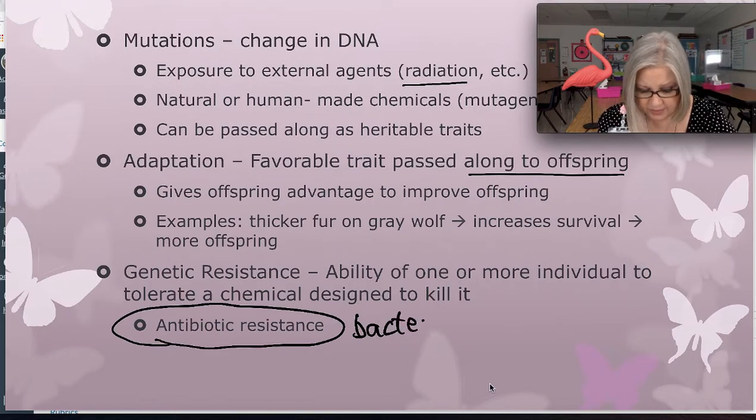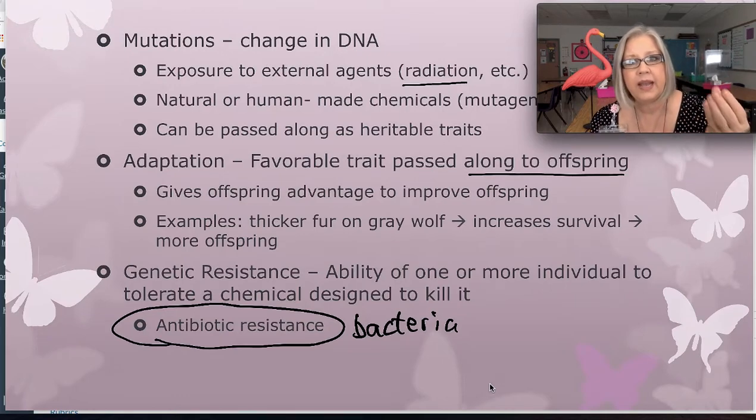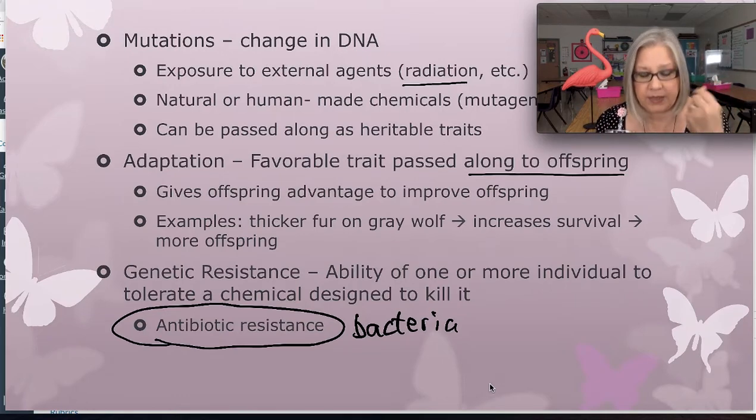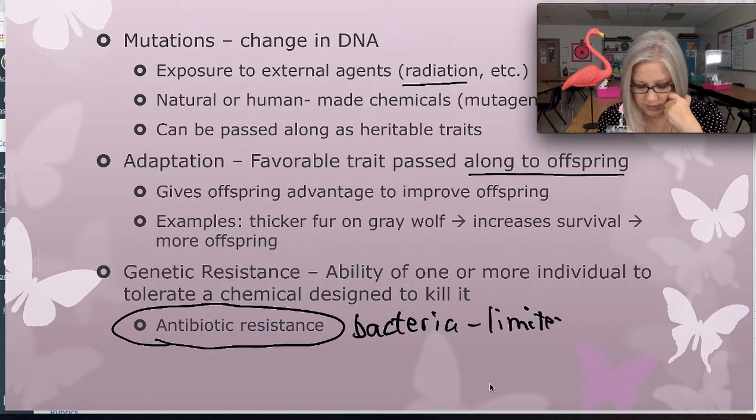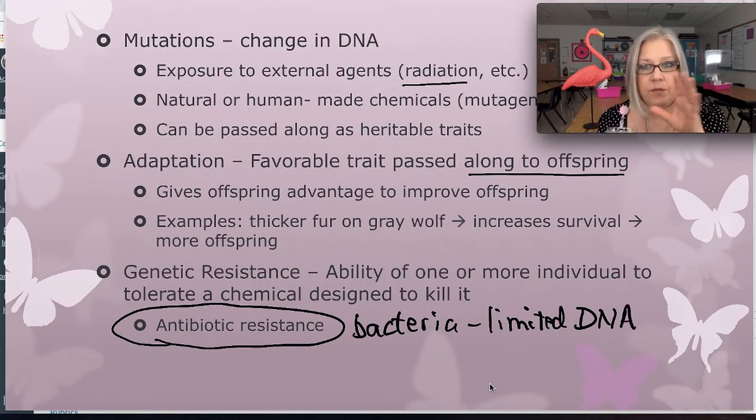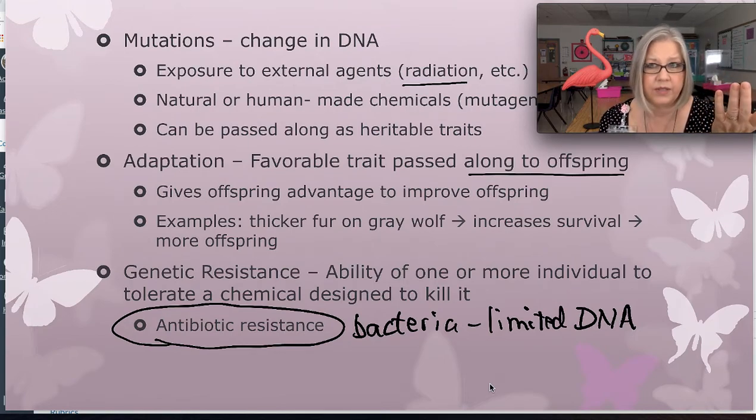So the bacteria are tiny, right? And their genetic material is very, very limited. So they have limited DNA. And what this means is that they can mutate at a faster rate, or they can evolve at a faster rate. So what we're seeing is that within the last 150 years, as long as we've been using antibiotics,